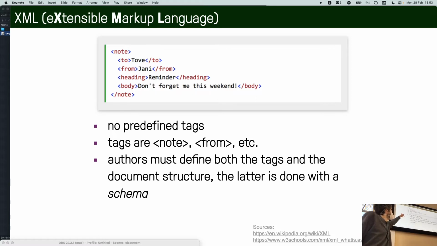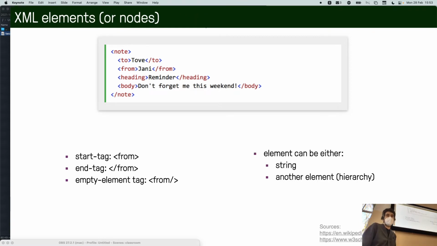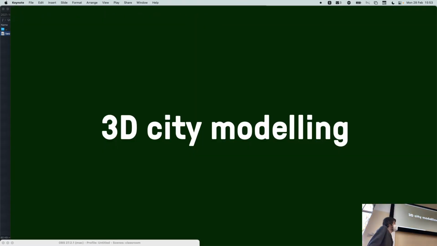It's called extensible because you have the start of a tag and then the end of a tag, and you can put whatever you want. So GML is basically the Geography Markup Language where you can store an X, Y, Z or a line or something, so you can store all these things. Yeah, that's a nice thing about JSON. That's all there is to know. So now if you start to work with JSON, two data structures, arrays and dictionaries. The rest is done.